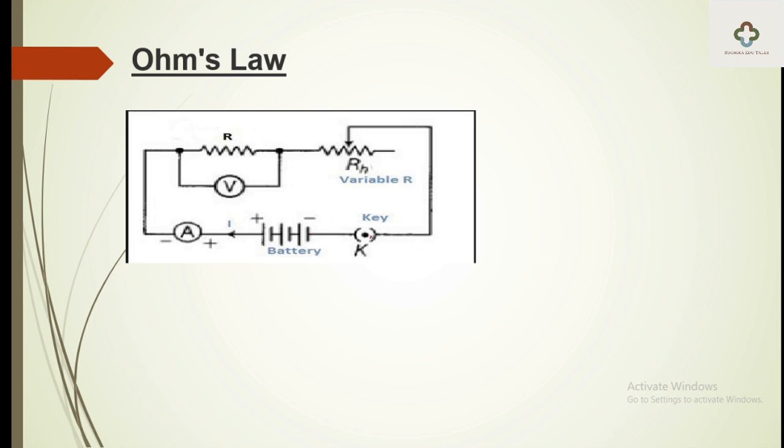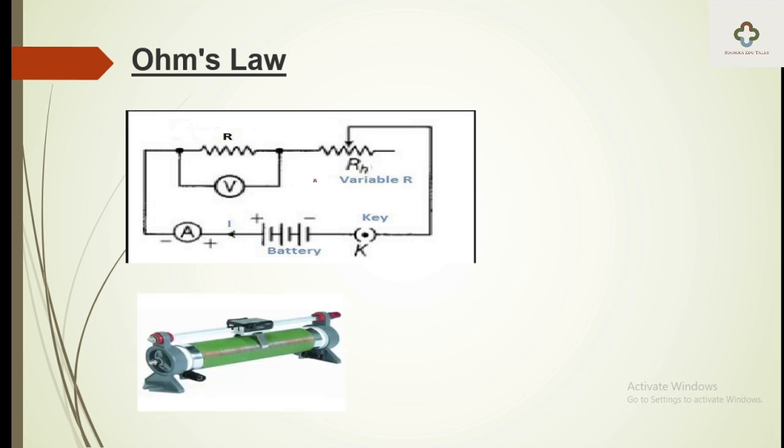Here a key is connected, and the key acts as a switch. And the last one is this rheostat. Rheostat is also known as a variable resistor, which we'll talk about. Now if we vary the value of resistance through this rheostat,